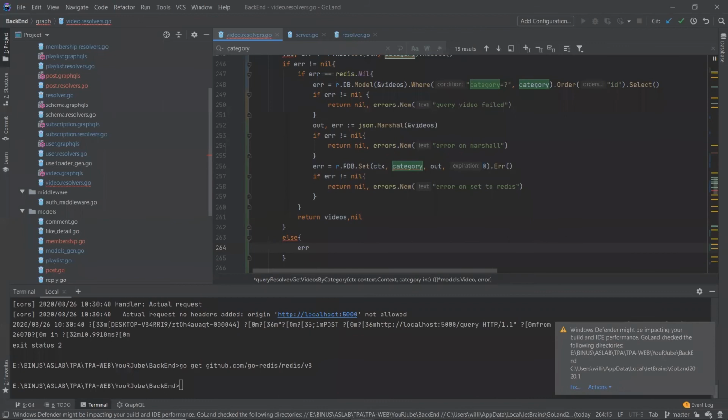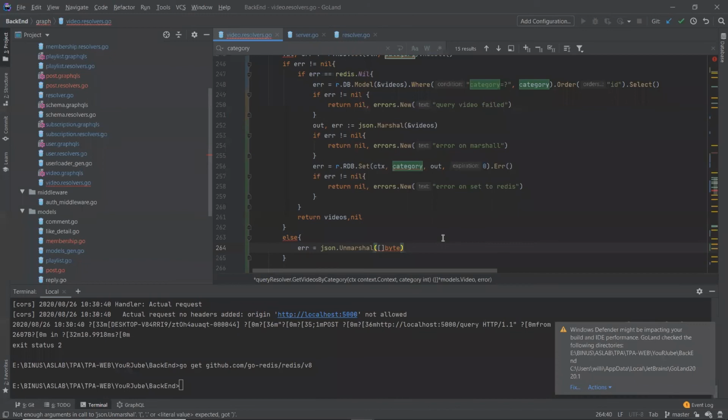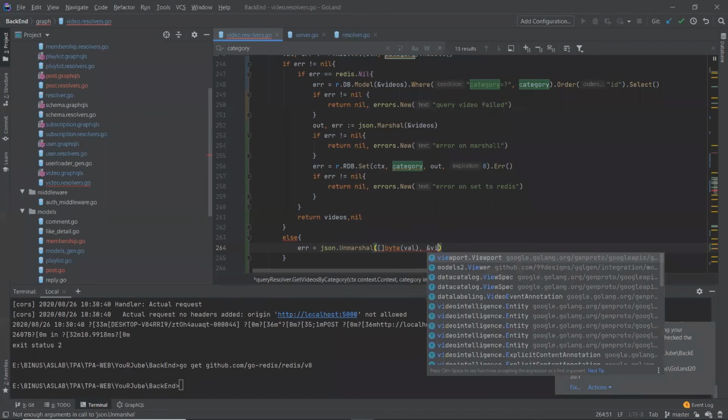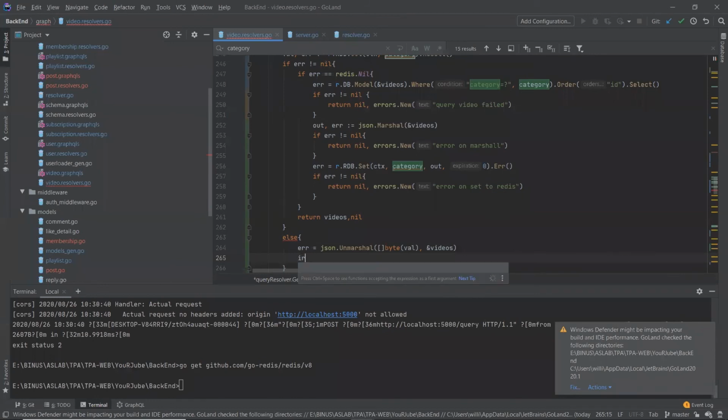So we use err := json.Unmarshal, which means that we convert back from string to object, and then we get the byte value of val by string, and then we place the interface where we place our videos, like this. And then if there's an error, just validate it.